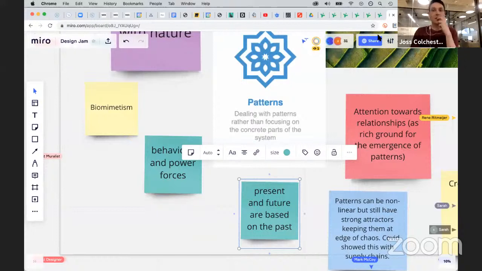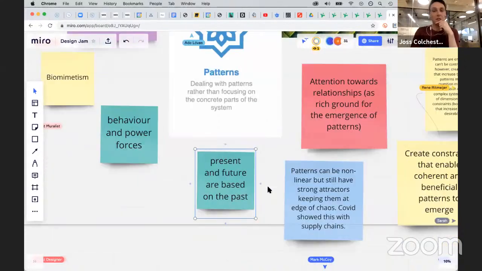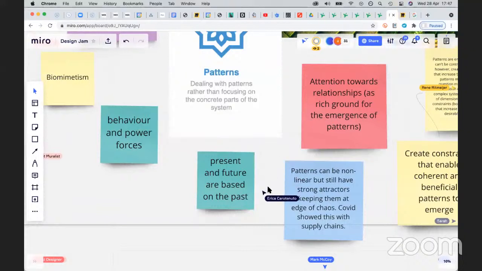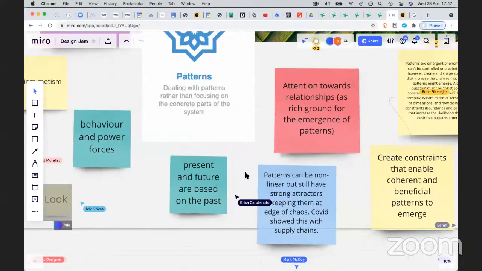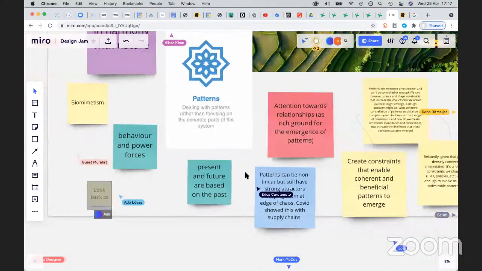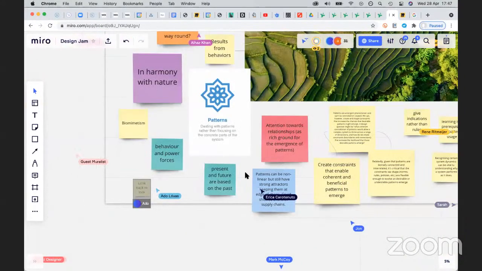These are dynamics over time. Anyone want to talk on this? Present and future are based on the past. Yeah, I think that patterns are not only about current state. I think also time plays an important factor here, like how can we outreach our understanding in that sense, and thinking that, well, how we want to imagine the future, it's also based on how we lived in the past and we currently live. So, yeah.